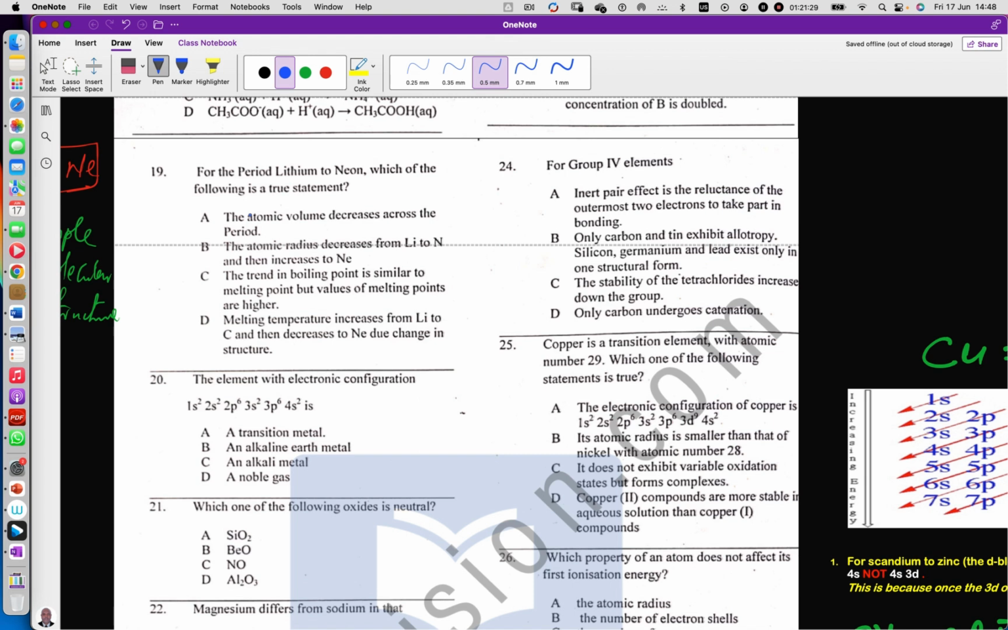B, only carbon and tin exhibit allotropy. Silicon, germanium, and lead exist only in one structural form. It should be noted that